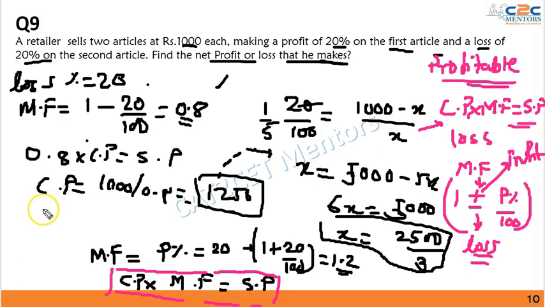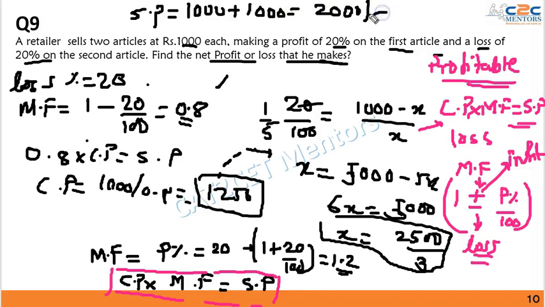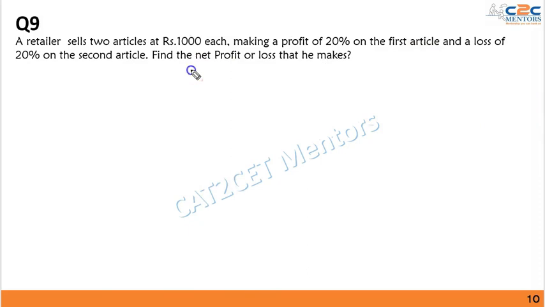All right. Now net loss percent or net profit percent is going to be... my selling price for both the transactions is 1000. So 1000 plus 1000 is equal to 2000. So this is my net selling price. My net cost price is going to be 1250 plus 2500 upon 3. And as we can see, this is greater than 2000. So there will be an overall loss occurring in this transaction,